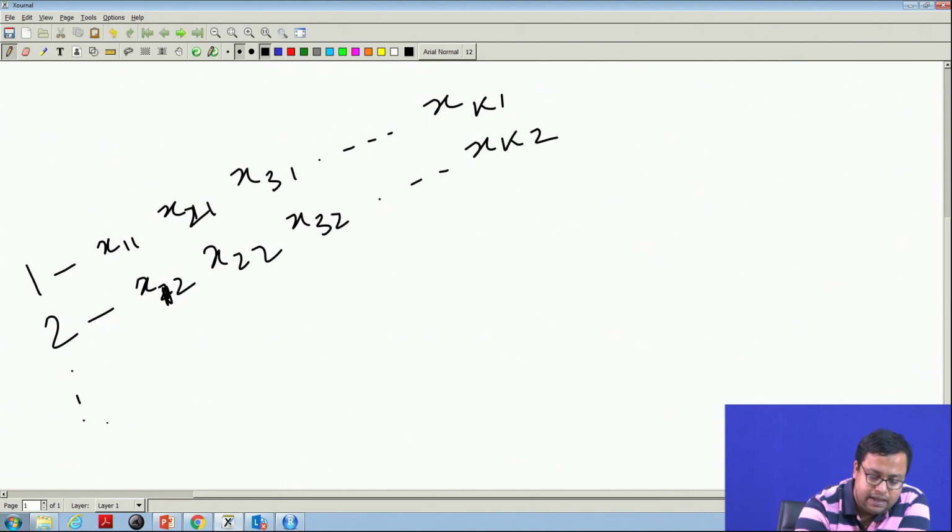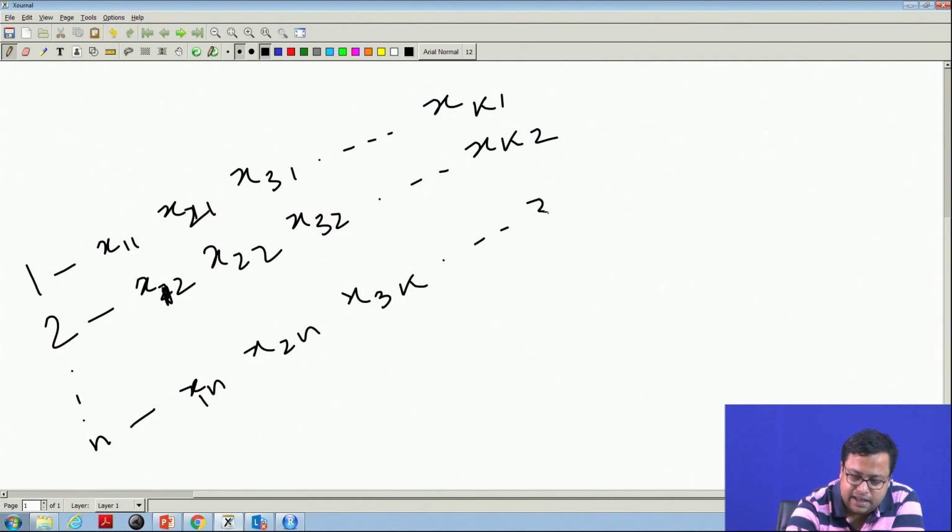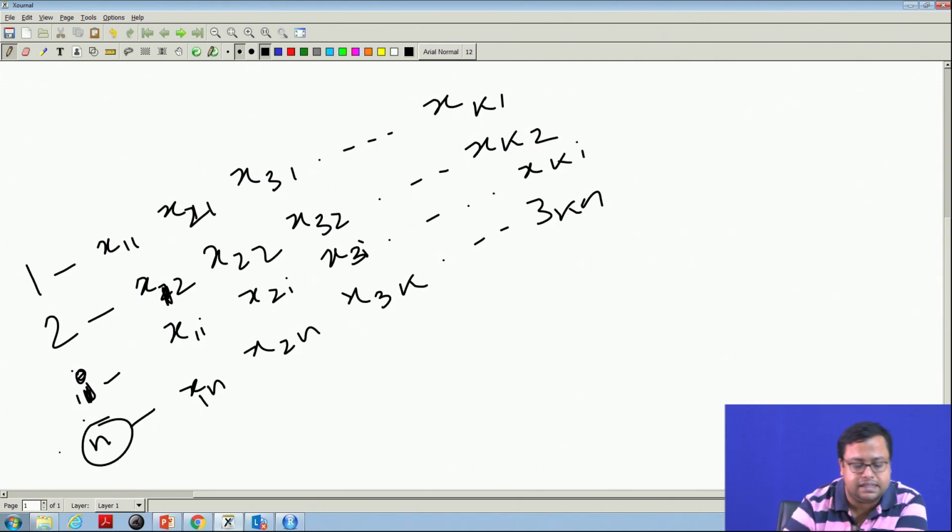Then there will be n number of persons, x1n, x2n, x3n, xkn, and in between there will be an ith person, who is x1i, x2i, x3i up to xki. So, total number of people is n, and when I denote any one person, I denote it with i.